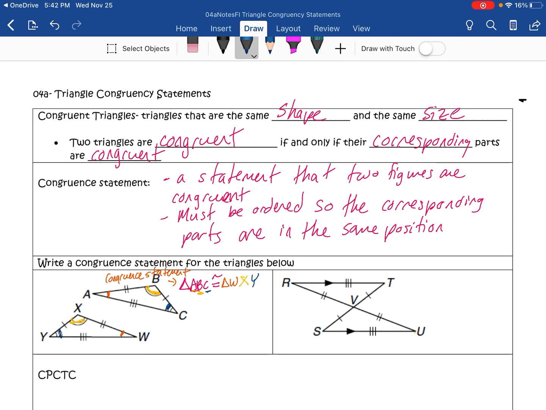Now you could still write this if you had, let's say, triangle BCA, well that would have been congruent to triangle XYW. Okay, or triangle CBA would be congruent to triangle YXW. But those corresponding parts have to be congruent to each other. So if I said, let's say,